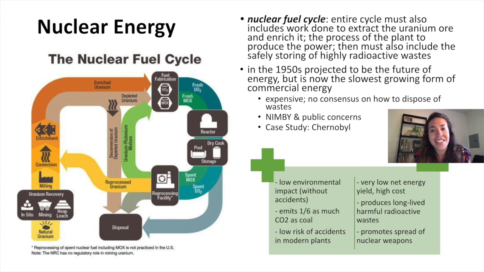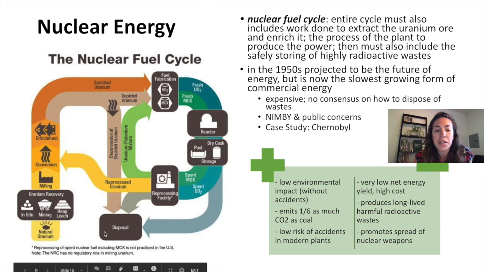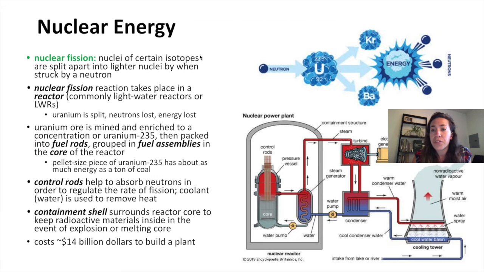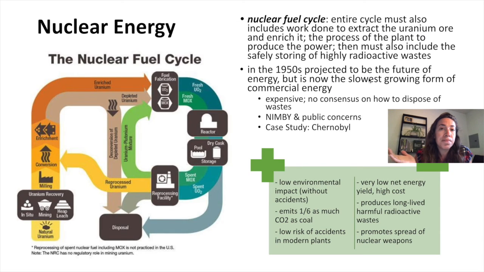But it's really, really slow growing. There's a lot of reasons for that. The waste that's produced, we don't really have a consensus for how it can be disposed of. It's not a recyclable waste in any real sense, because it can't necessarily be used again. You could, I suppose, re-refine it and use what's left over. And we do that in a reprocessing facility where we reprocess uranium and send it back and re-enrich it. So there is somewhat of a cycle. But the other atoms that are produced at the end are no longer useful, right? They don't have any radioactive energy for us to use,